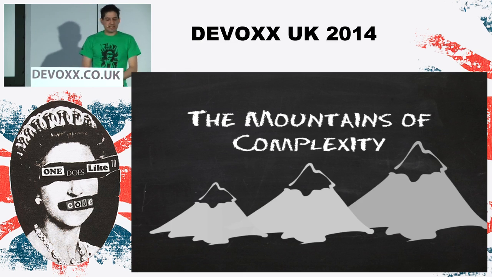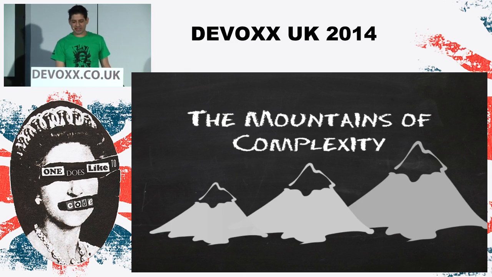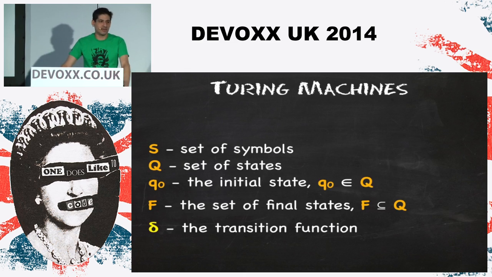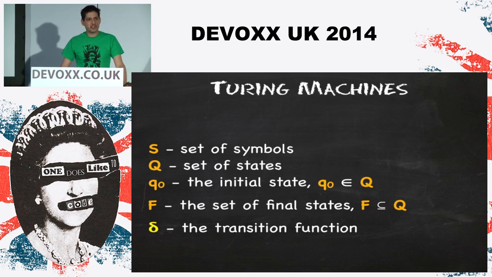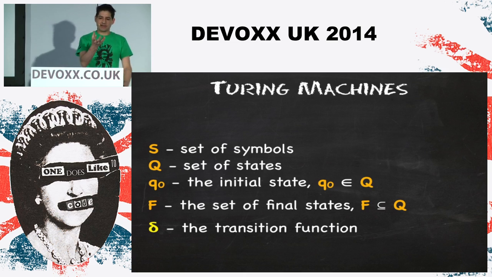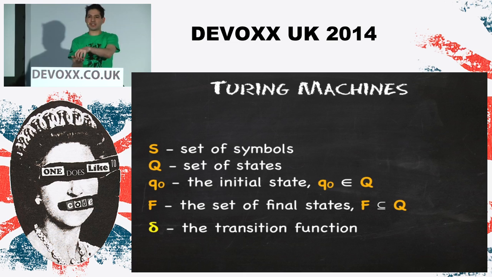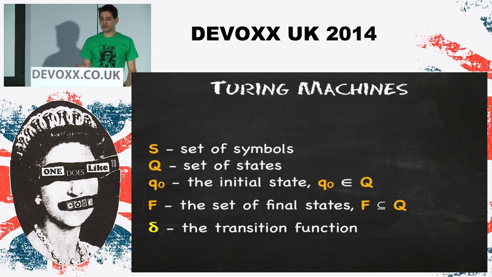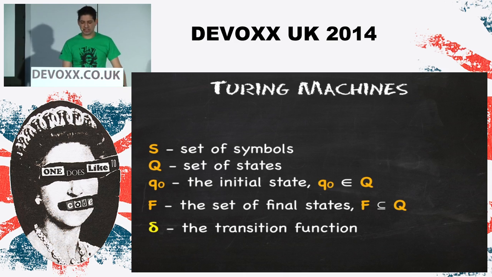Now, a little detour. The mountains of complexity. I am not going to give you a tutorial about Turing machines. Basically, a Turing machine is a cassette player, and it reads using a magnetic head from the tape, and the tape might say, move 2 spaces to the right and write something. And you do that, and then you go, okay, I'm in this position now, what do I do next? And you look at your table of rules, and it says, do this next. And you just follow the rules. That's basically what a Turing machine is.